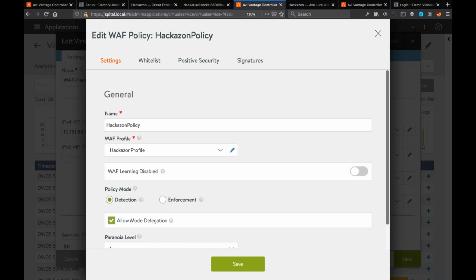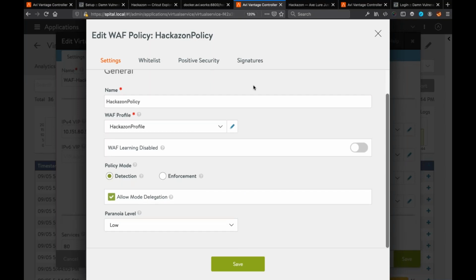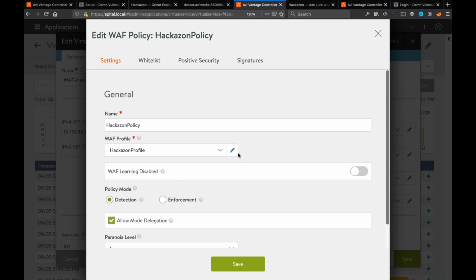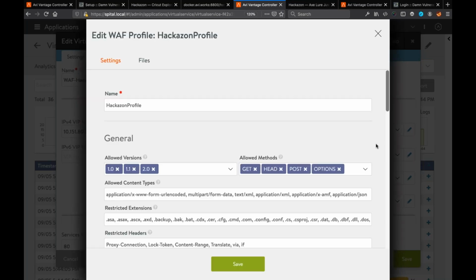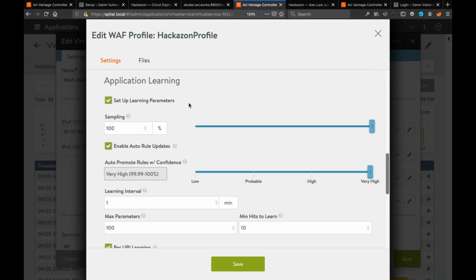In the policy, we'll look at the profile where we have this learning data set. Here application learning is set. We have a sampling rate of 100%. We want to allow every customer to learn their application traffic, even if they already run at a very high load, and therefore we allow the system to use sampling as well. If you only learn 10% of the traffic, you have to learn longer, but it still works, and you consume a lot fewer resources.